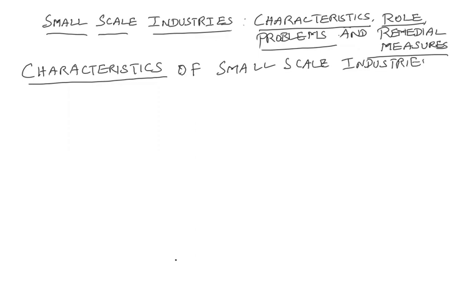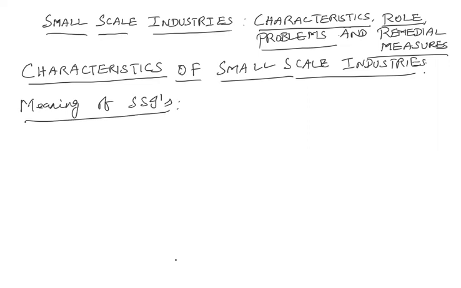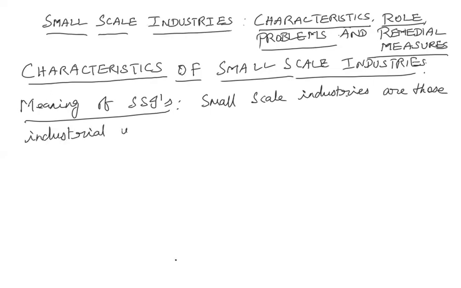So before I move to explain the characteristics, role, problems, and importance, let us say what is the meaning of small scale industries. Basically it is based on the fixed capital investment on plant and machinery. So based on that, the small scale industries are those industrial units having a fixed capital investment in plant and machinery